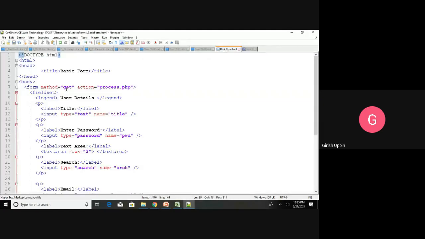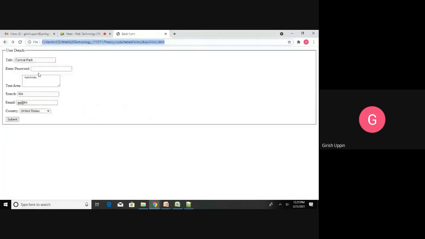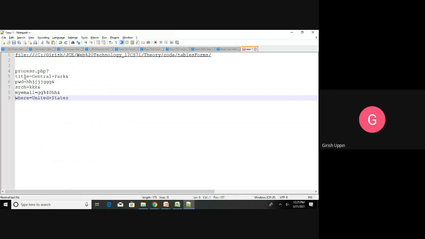In the form, the first one is a text box. Just let me go back. So how many controls do I have? 1, 2, 3, 4, 5, and 6. So you can see here the name of the first input is title. So the first one is title equal to Central Park.